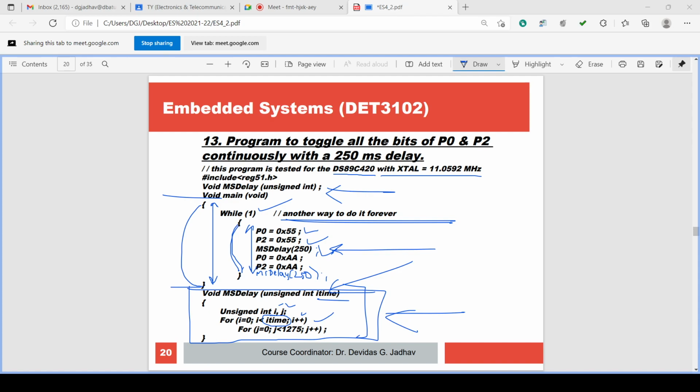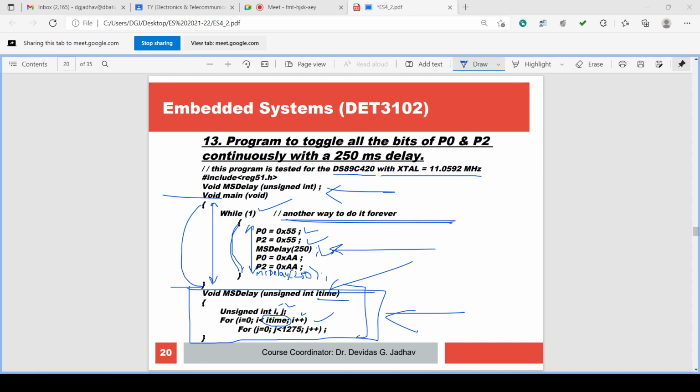Again in microseconds, P0 becomes 55, P2 becomes 55. Within microseconds these values are changing, and we are not able to watch it. We cannot see it. Why are we not able to see? Because of the very fast variation in the outputs, because of very fast execution of the instructions.